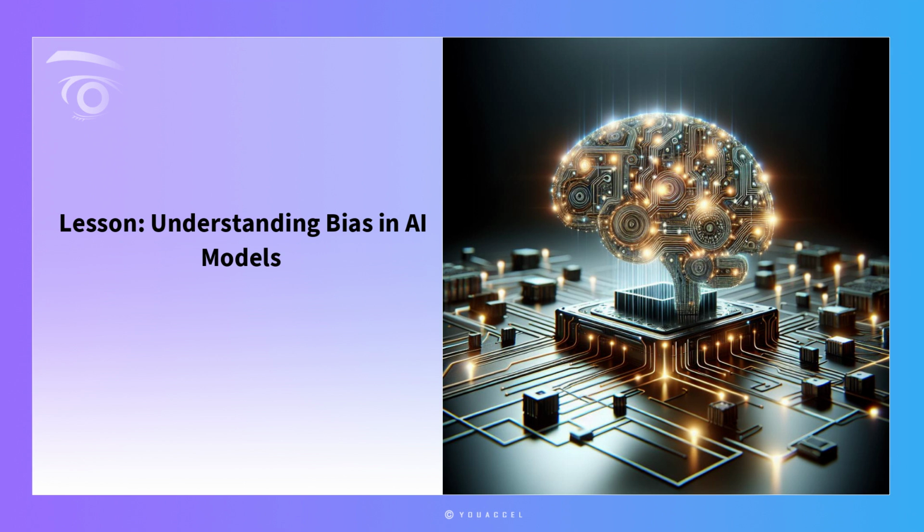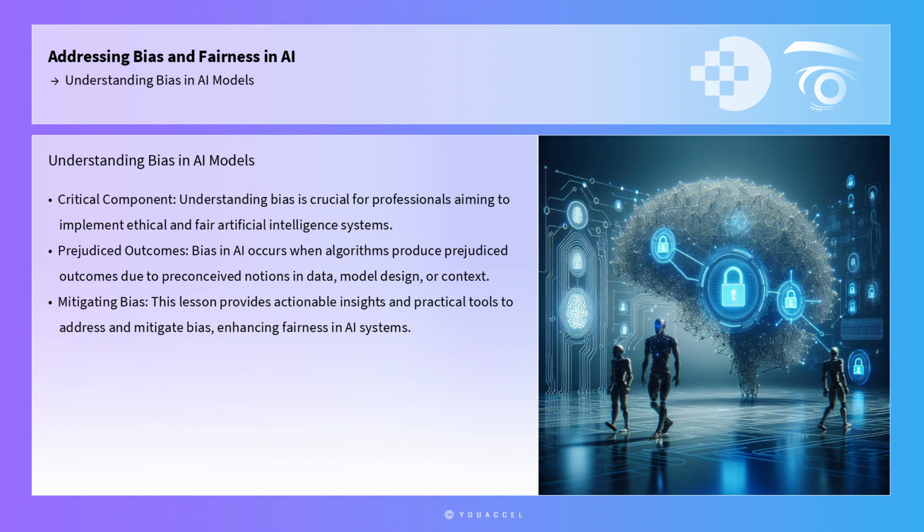Lesson: Understanding Bias in AI Models. Understanding bias in AI models is a critical component for professionals aiming to implement ethical and fair artificial intelligence systems. Bias in AI occurs when the algorithm produces prejudiced outcomes due to preconceived notions present in the data, model design, or application context. This lesson aims to provide actionable insights and practical tools to address and mitigate bias, enhancing fairness